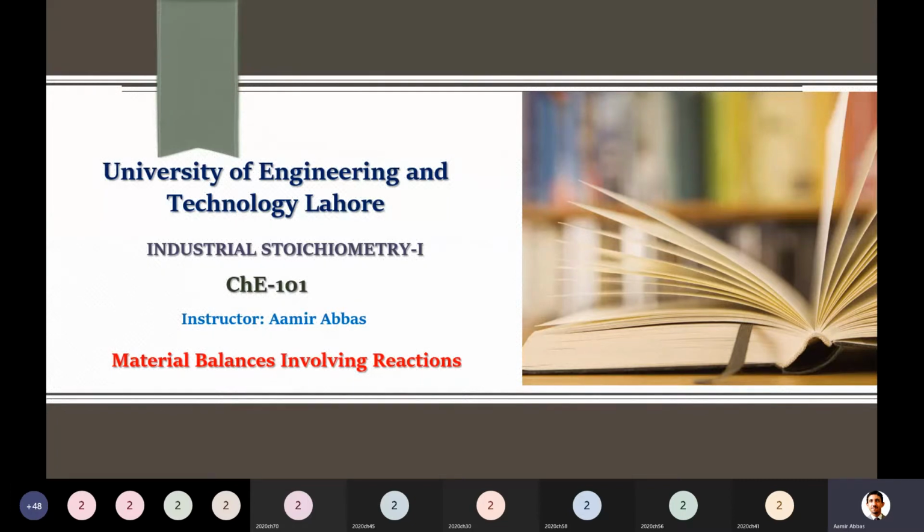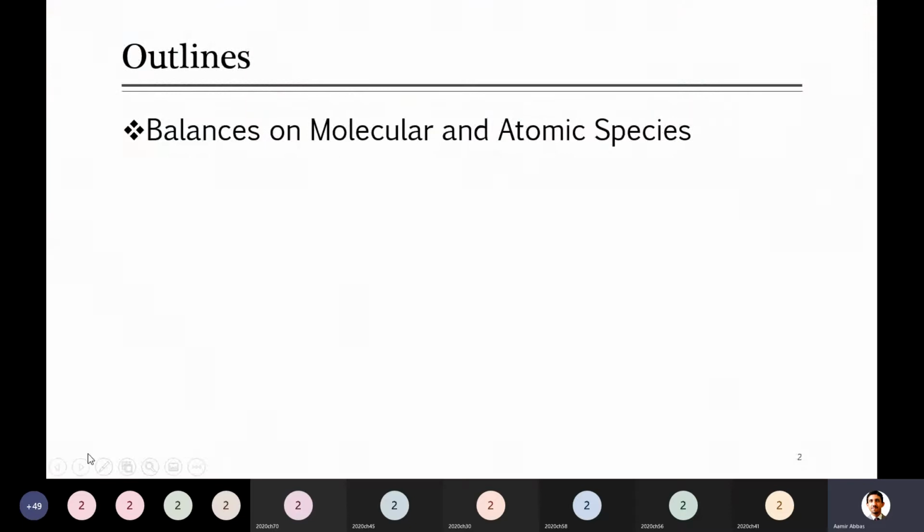And because of this, when there is a reaction system, there are actually three ways by which you can solve material balance. I discussed this point somewhere earlier in the lectures. One of those is to apply balance on molecular species. So can you give me an example of molecular species? For example, if you did even yesterday or earlier, molecular species example, if you are going to solve. O2.